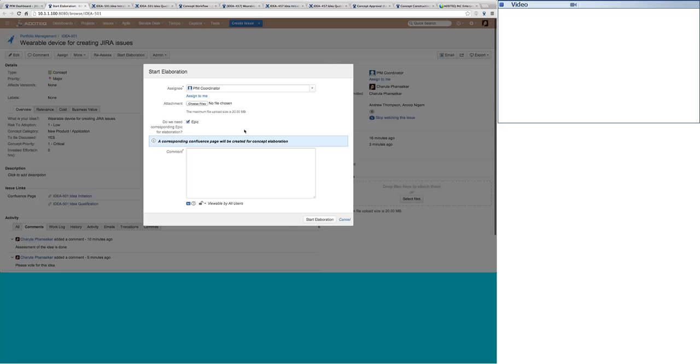So I would need one epic corresponding for elaboration. Now I will say that a technical POC maybe is required. Now when I say that the technical POC is required, it is very much essential for me to assign this particular epic to someone.